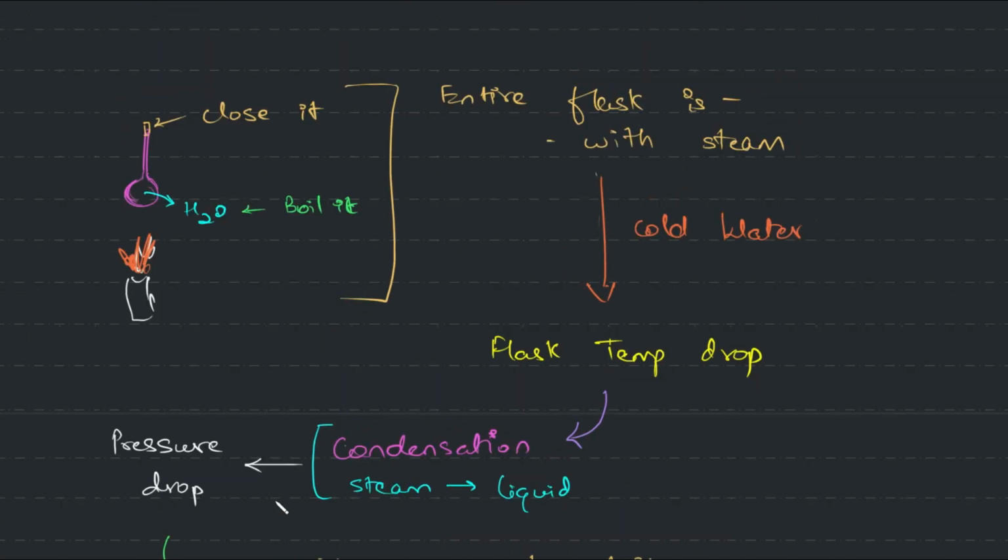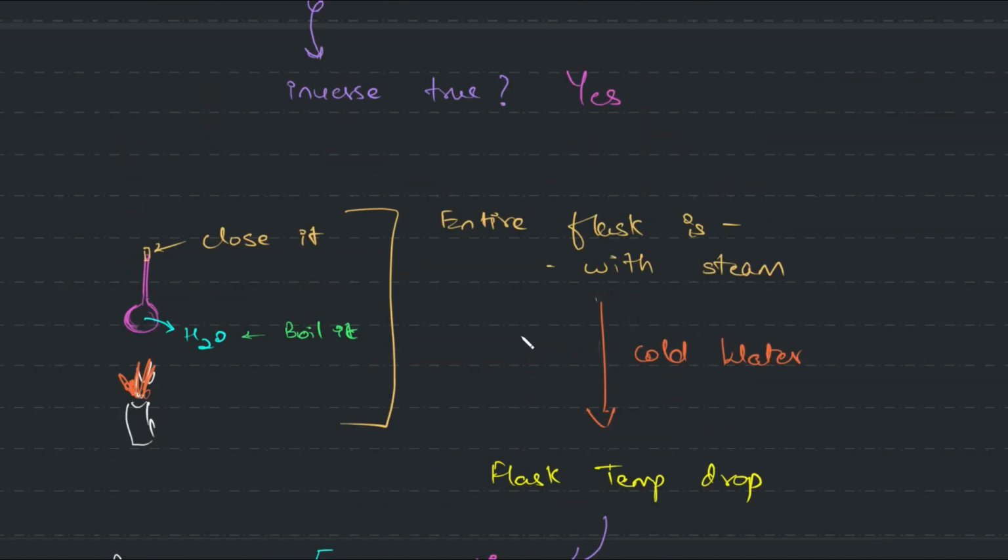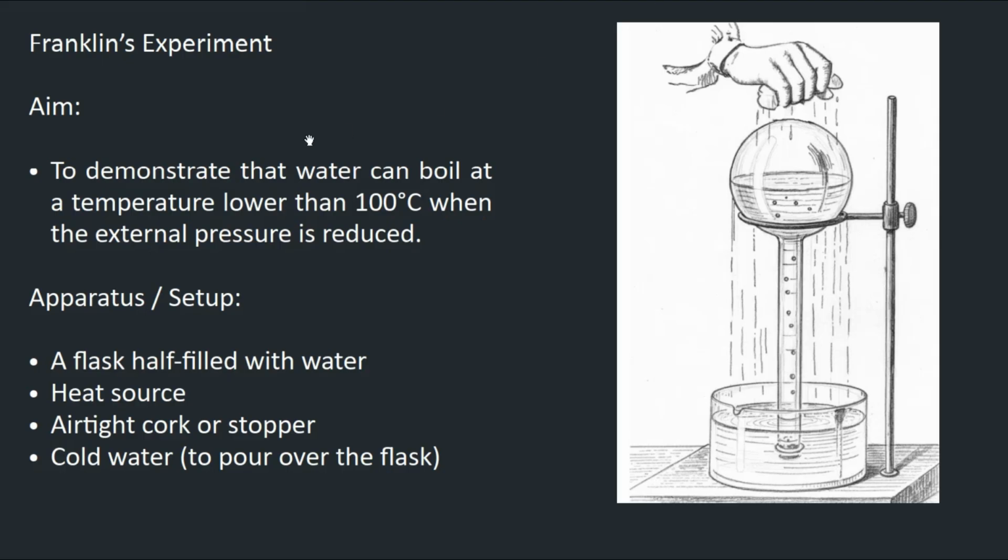So this happens at room temperature, and this shows that water can boil below 100 degrees Celsius. Okay, it's the same thing whatever I explained, just that the setup is a bit different. But yeah, you can read through